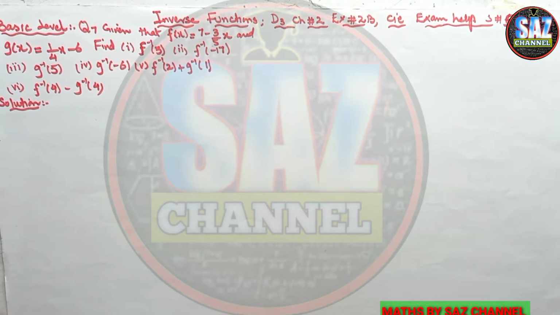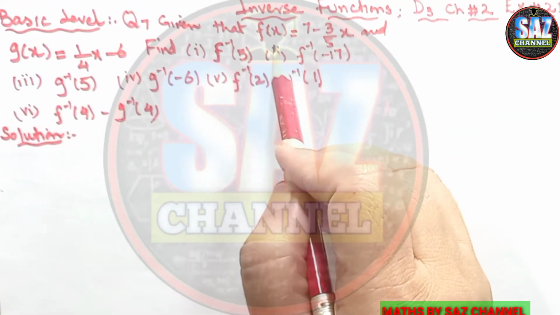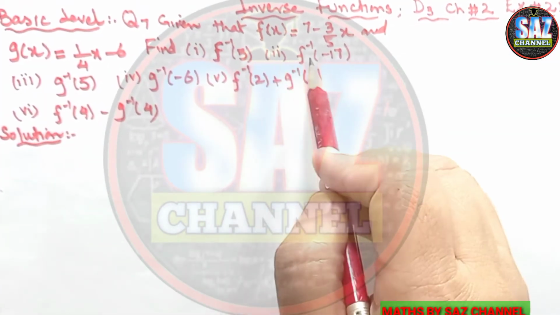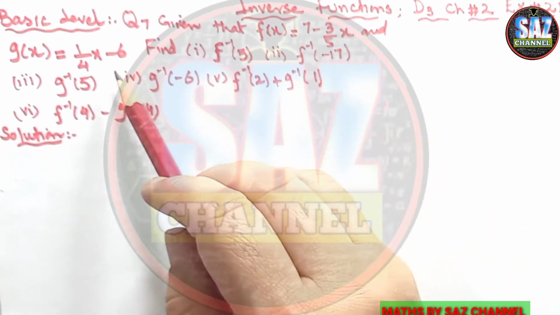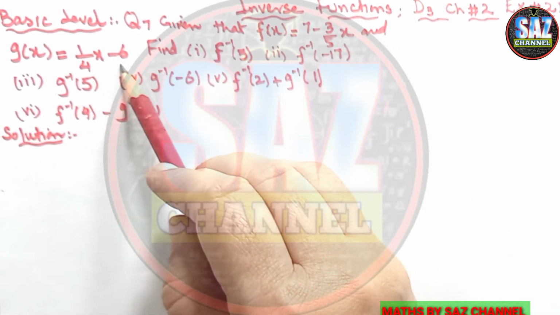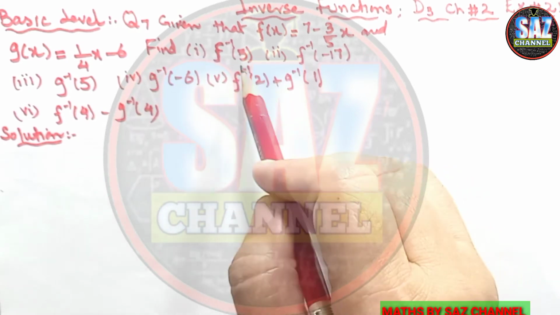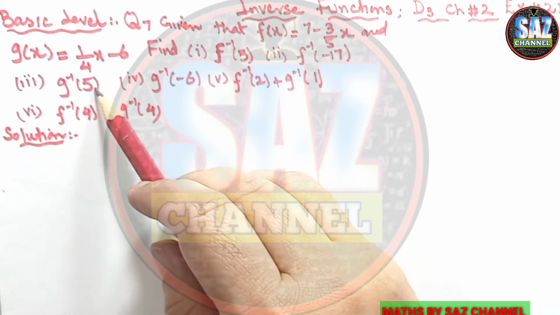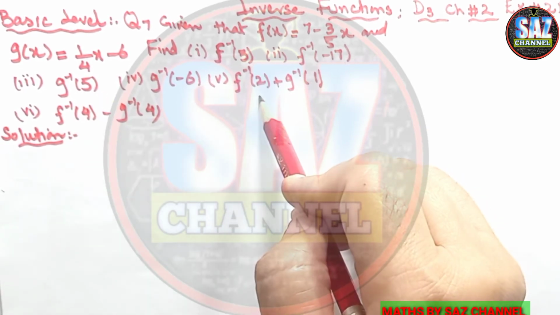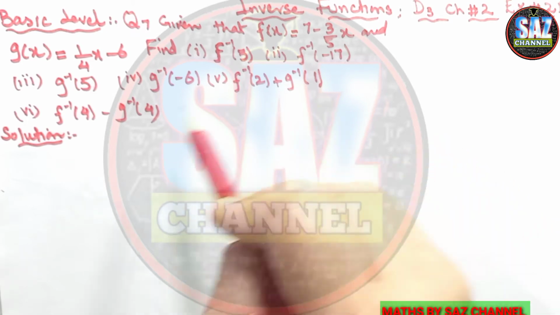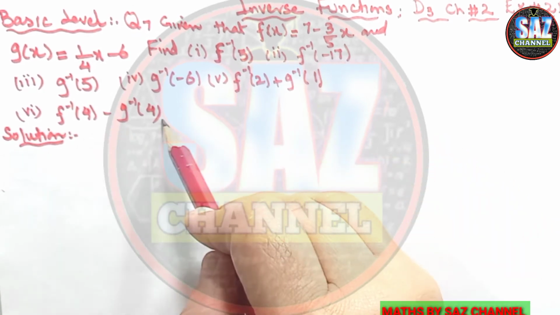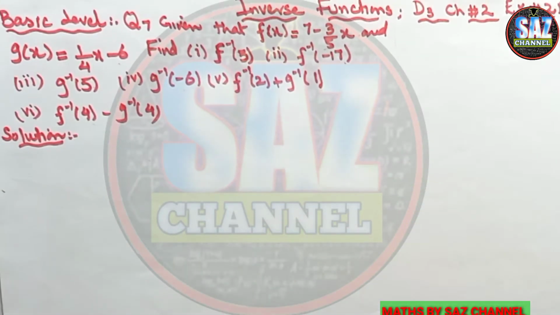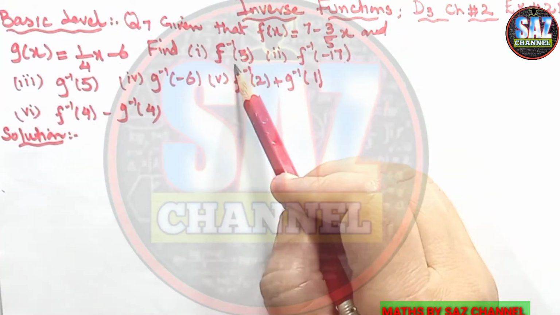In this lesson, I will solve question number 7, basic level, that says, given that the function f of x equals 7 minus 3 by 5x and g of x equals 1 over 4x minus 6, evaluate each of the following: f inverse of 3, f inverse of minus 17, g inverse of 5, g inverse of minus 6, f inverse of 2 plus g inverse of minus 1, and f inverse of minus 4 g inverse of minus 1. As the question contains two different functions, for the evaluation of f inverse of 3 or g inverse of 5,